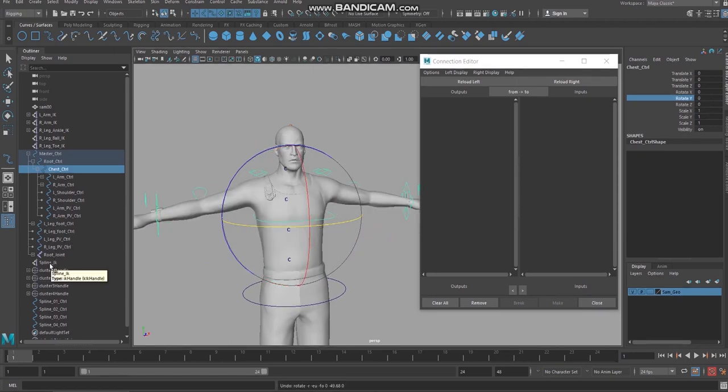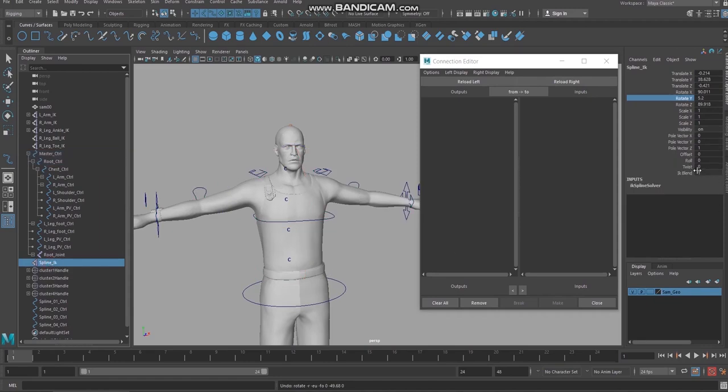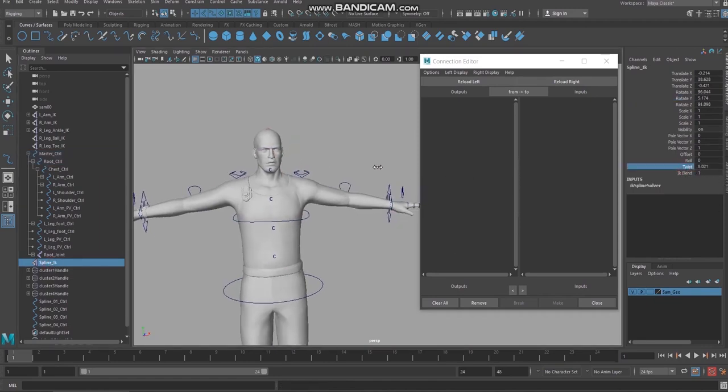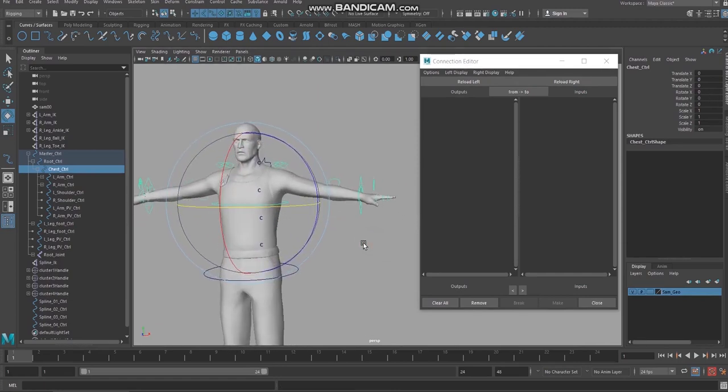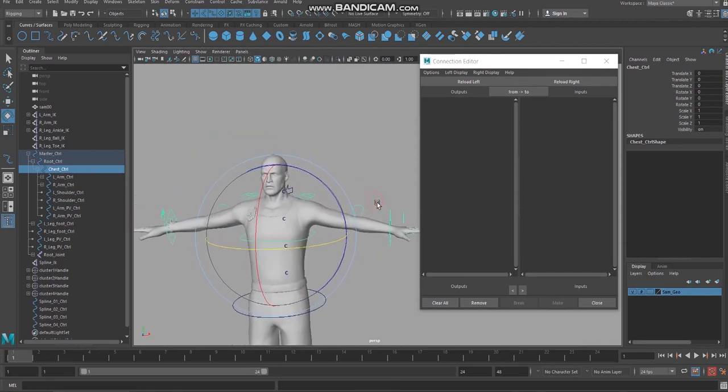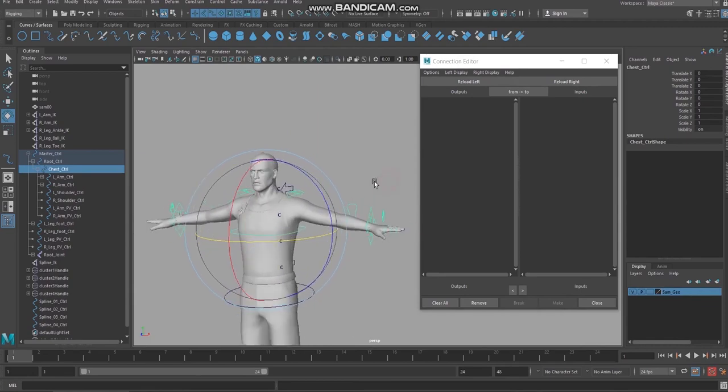I'm going to select the spline IK again. Here the twist is there. You can see the twist, the twist of the upper body. We need this twist. This is rotation. This is complete rotation. We need this twist. So for that,